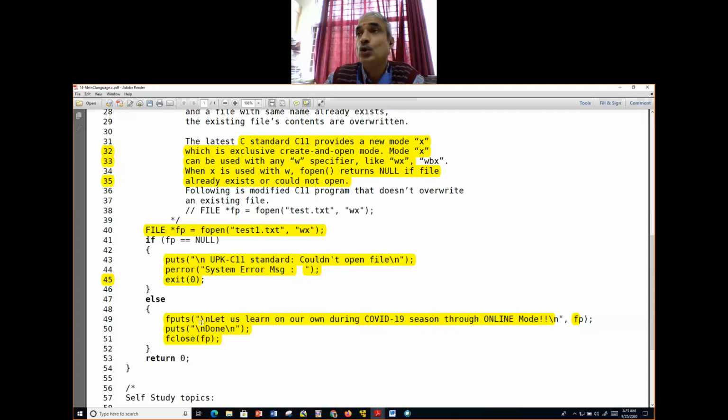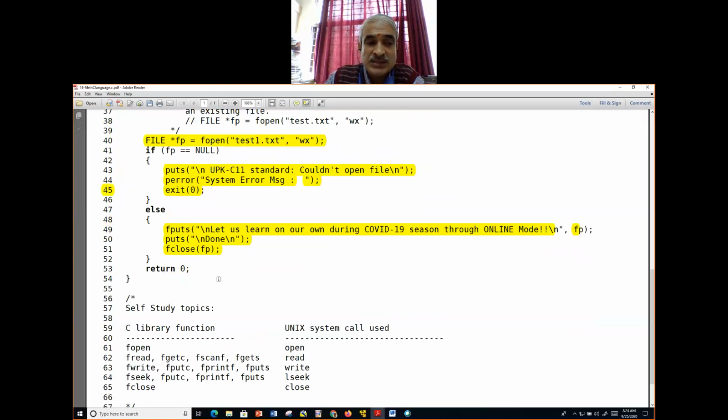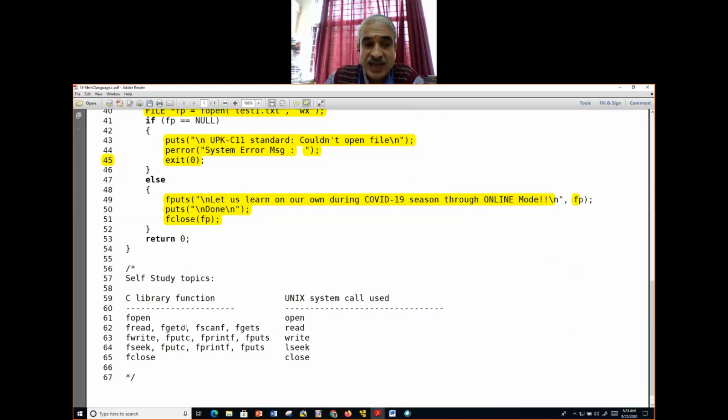Okay, all this you do through the C library. They are not system calls. Right? The C library has its own implementation, its own flexibility. Accordingly, you can do it. In turn, it uses the system calls. When you run the program, it uses its own system calls. So having studied fputs, fopen, fclose, you are expected to study so many other things: fread, fgetc, fscanf. You have got scanf. Equivalent of that is fscanf.